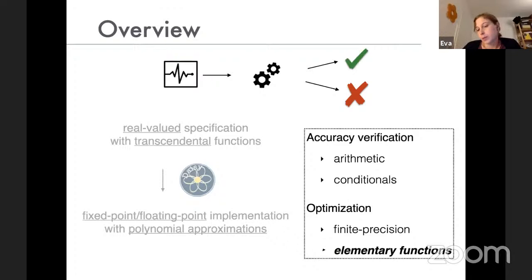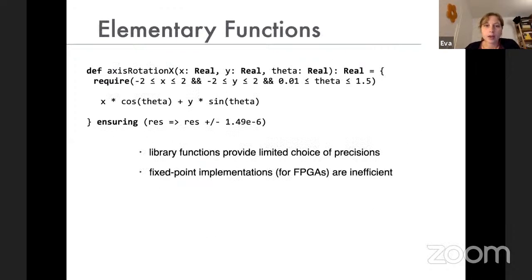So that's optimizing the arithmetic. Now let's look at when we have elementary functions, such as sine and cosine. These do appear quite often in numerical code, in embedded systems or scientific computing. And usually what people will do is use a library function, which is convenient, but it provides only a very limited choice of precisions. So if we're stuck to just floating point arithmetic, then we only have single and double